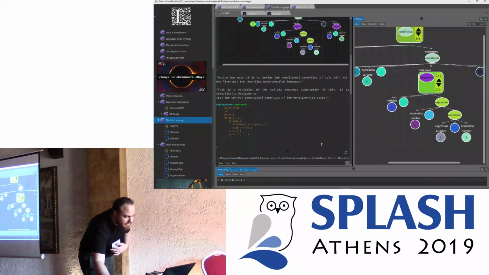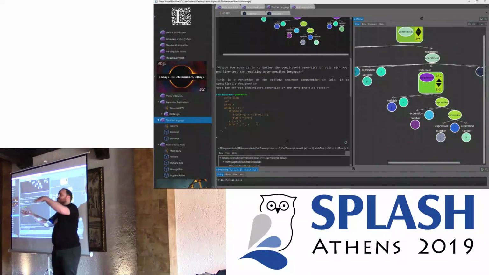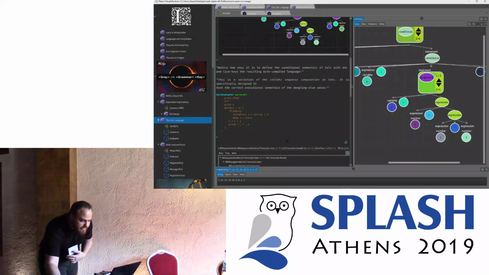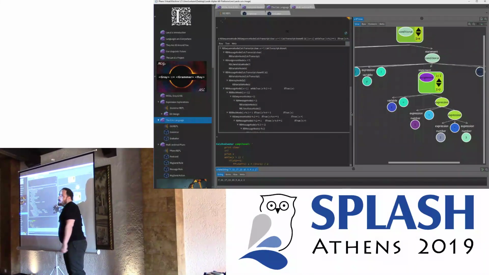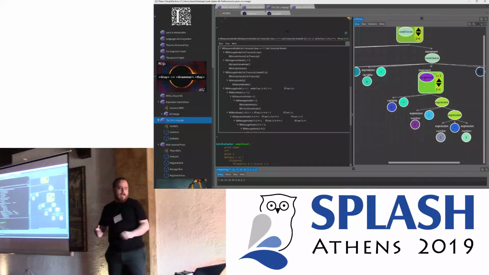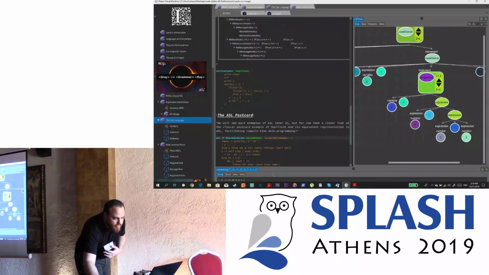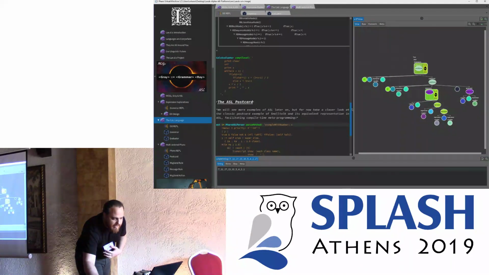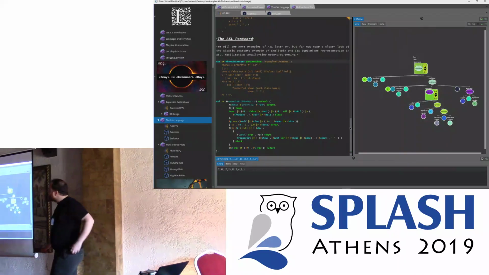I have a small example. This is the Collatz numerical series algorithm just to test the dangling else ambiguity. We generate the abstract syntax tree for the underlying platform. Of course, you can inspect everything in the document itself. And evaluate, you can see the results here in the bottom, evaluate the algorithm and the numerical series that gives you the correct result. But what I would like to focus on is this example.